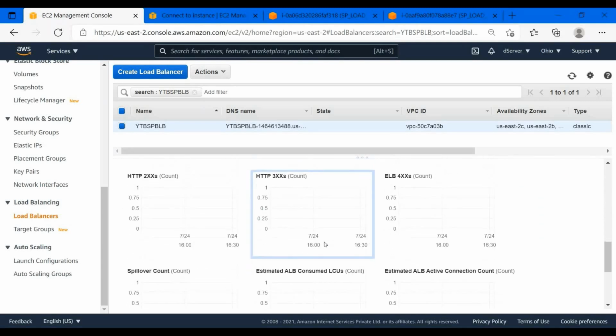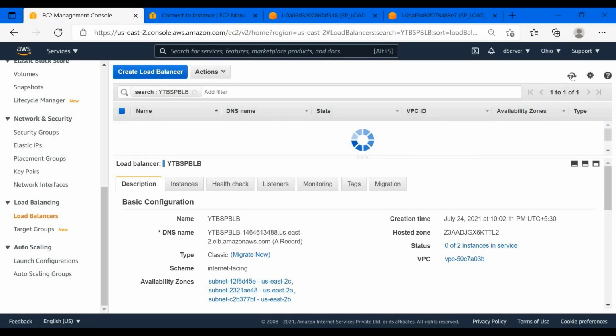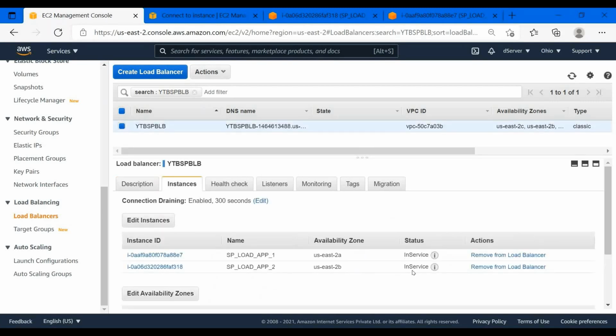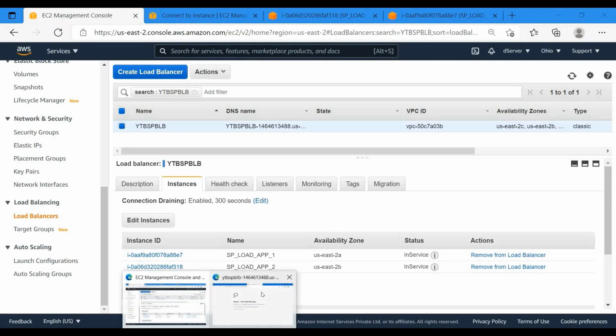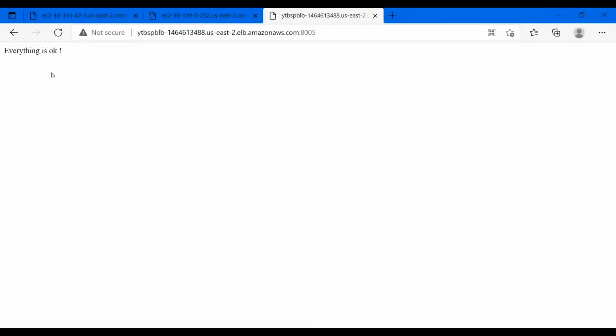So let's wait for some time. 0 of instances in service, not yet. Yes, the health check is done. All your instances are in service. Let's ping it. Yes, it's working. So right now it has routed our request to one of our instances.